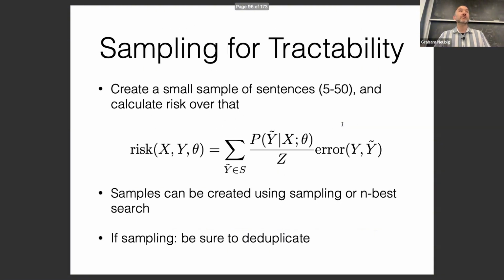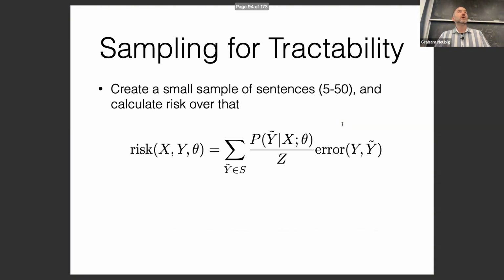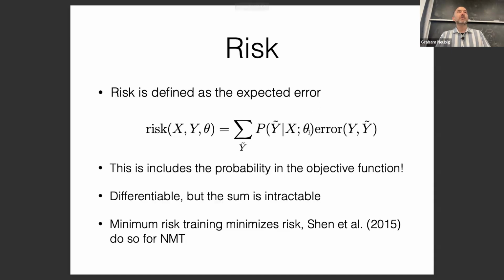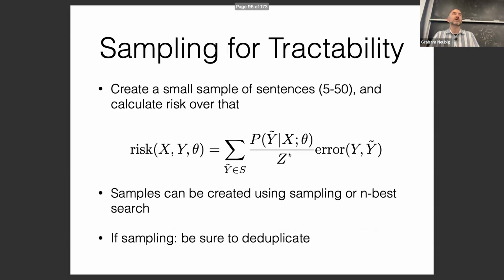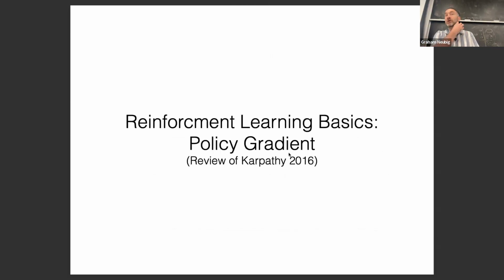Cool. So this is very straightforward. I think most people, if you've taken a machine learning class or a math class, know what an expectation is. We want to minimize the expectation so that on average, if we sample from our model, we get the lowest error. And this is how we can do it. We can just optimize this function and we'll get the lowest expected error if we create the model that way.